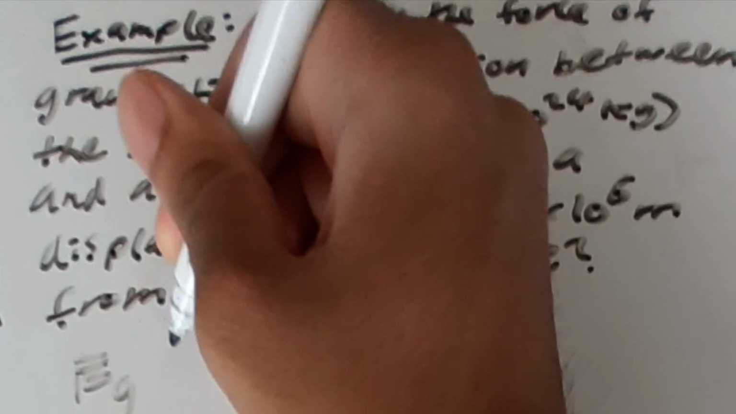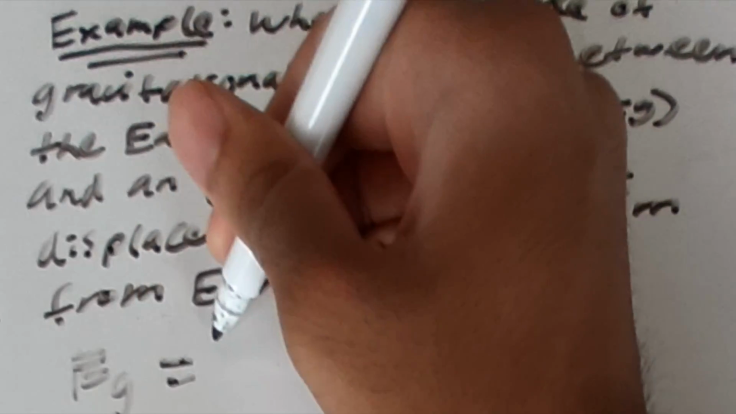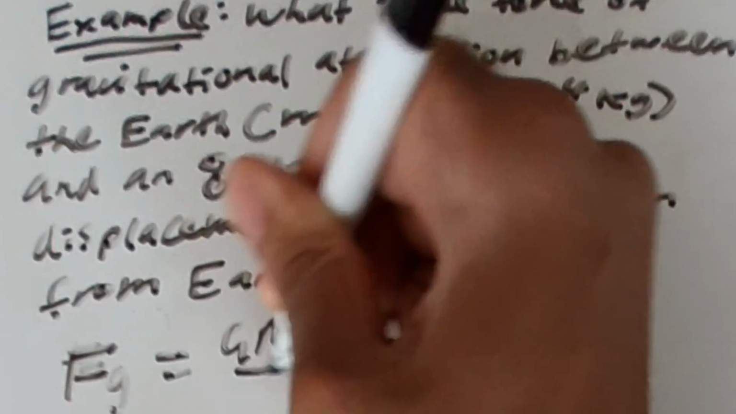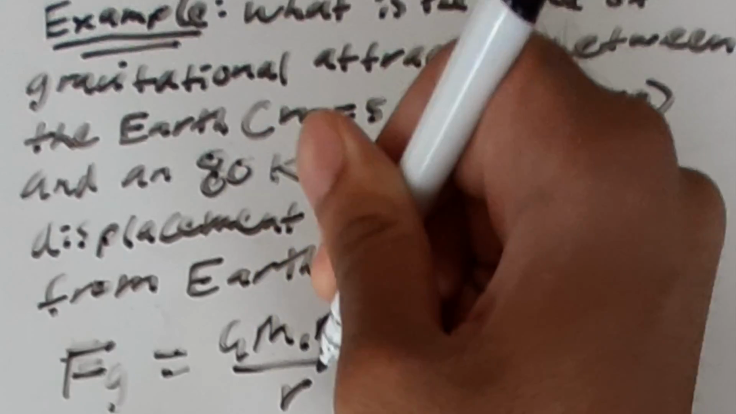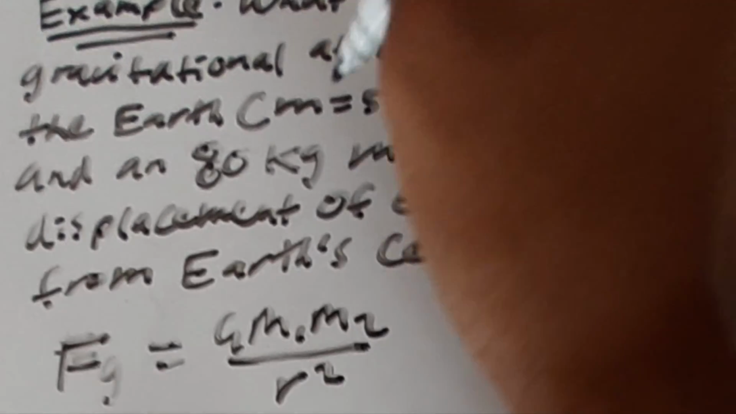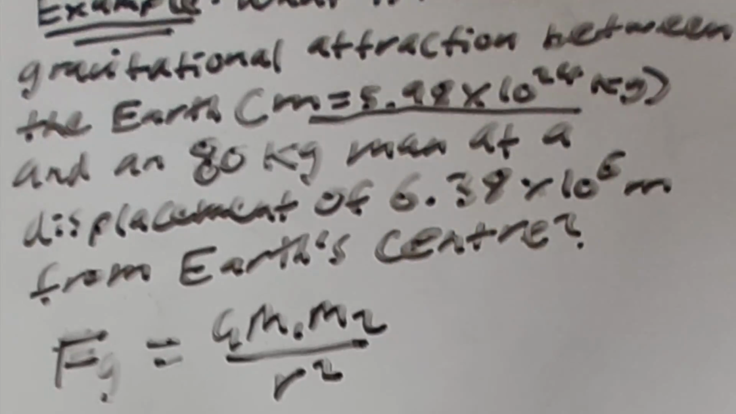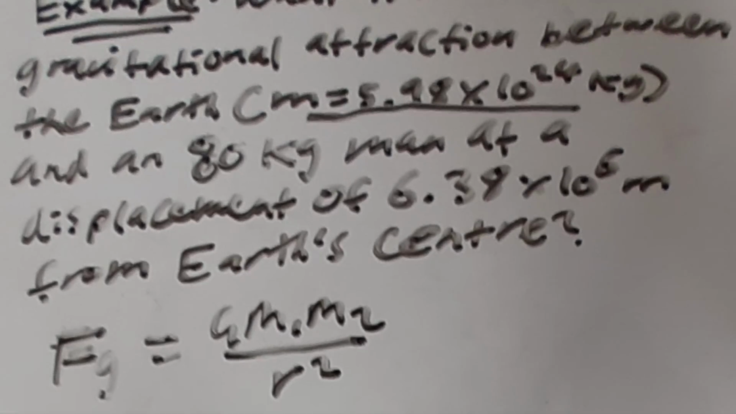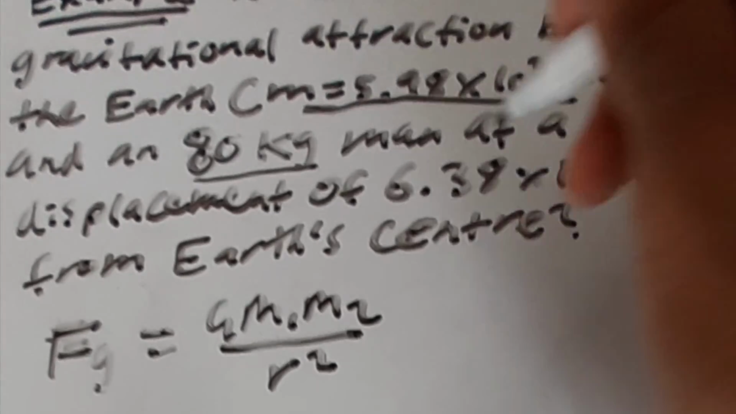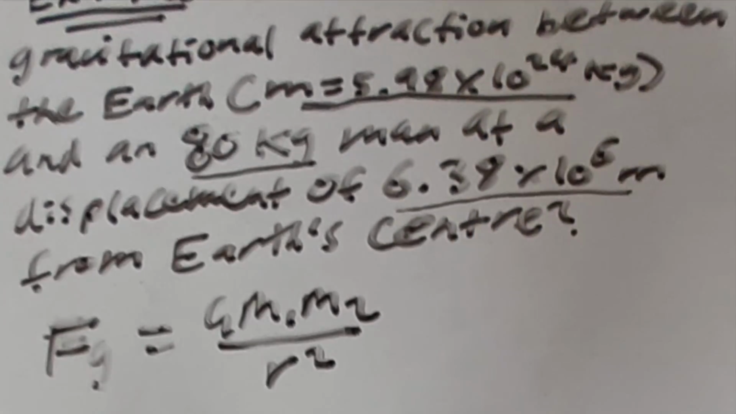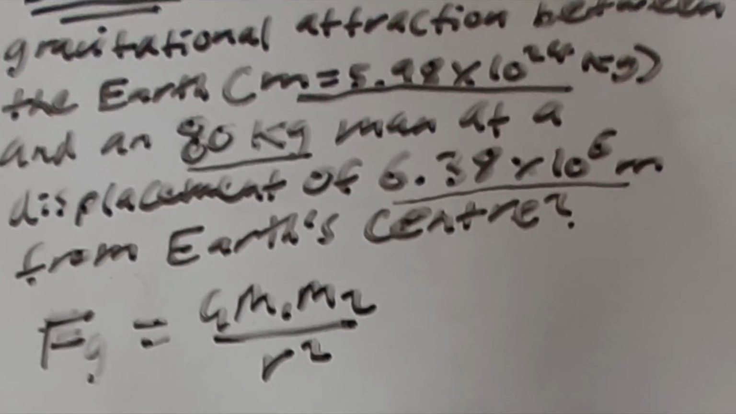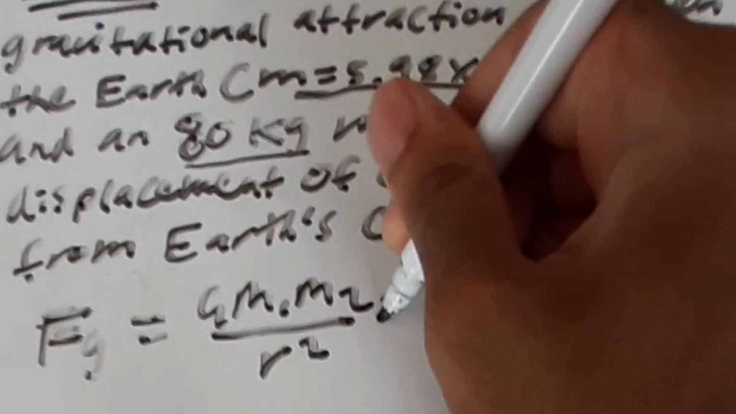Fg equals G m1 m2 divided by r squared is required, and we can identify the data we have been given is m1 is right here, which is Earth's mass, m2 is the man's mass, and r is the radius of orbit, and we know the universal gravitational constant. Therefore, subbing in this, we now get